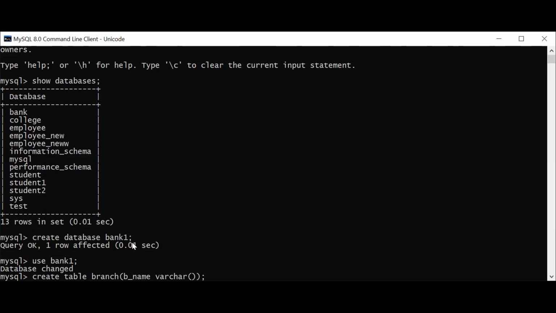Suppose I am saying 20. Then that is the first thing. Then next is city. So for that, varchar 20, I'm passing the attribute, the 20. After that,